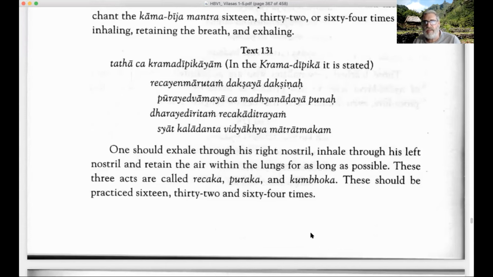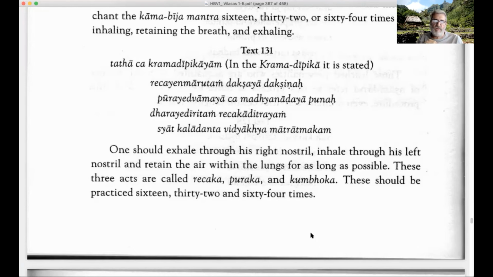And this is according to Kramadipika. Remember that this whole process of worshipping Krishna using the Gopal mantra is according to the Kramadipika by Keshava Kashmiri Bhatta, of the Nimbarka lineage. This Kramadipika is very, very central to the worship in Hari Bhakti Vilas. The initiation, the Diksha, is done according to Kramadipika. The Purascharya, or the perfection of the mantra, which comes in the 17th Vilas, is according to Kramadipika. The installation of the deity involves some things from Kramadipika, and also the deity worship in general involves the Kramadipika procedure. So here we have another statement from the Kramadipika.